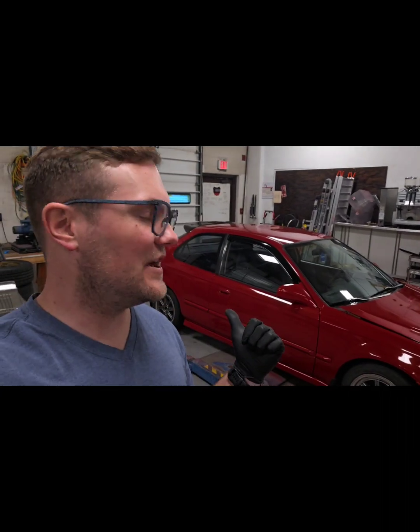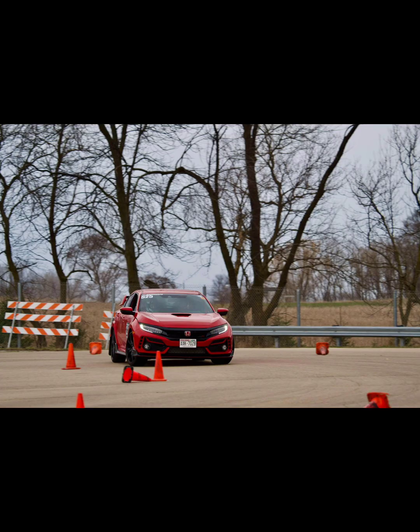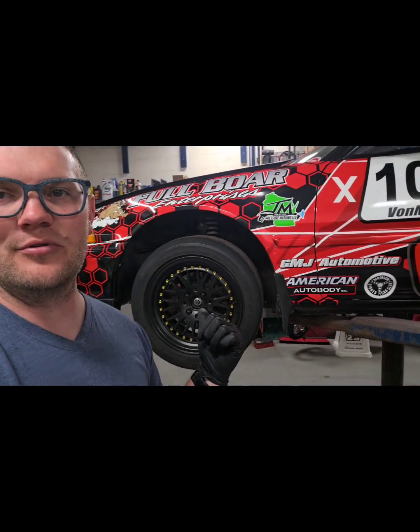So it's been a couple weeks, not really done much progress on the car, been doing other things. This past weekend, Olivia did her first driving school. She did autocross driving school, absolutely loved it. So now we just got to convince her to do some races. So fingers crossed. But what we're going to do today is we are going to throw the